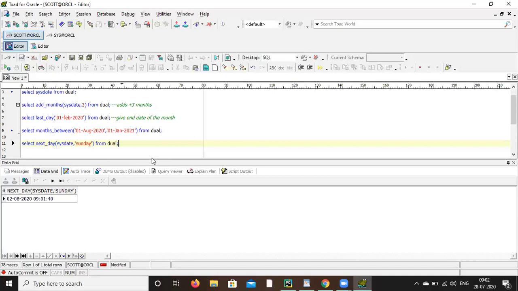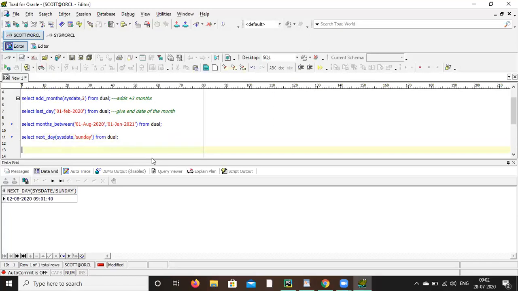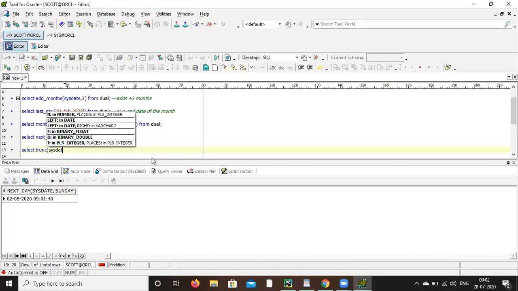Yeah. Now select trunc, within brackets sysdate, from dual. So what will happen here?